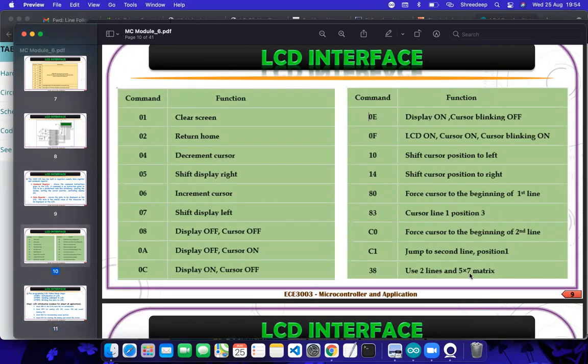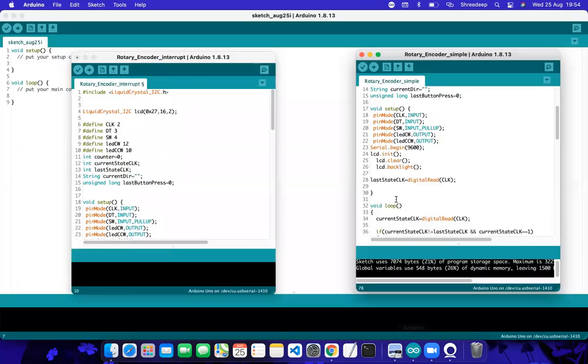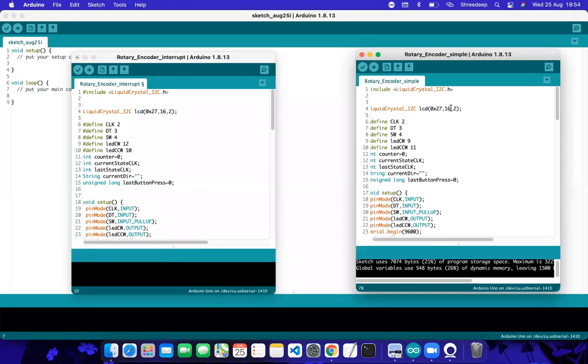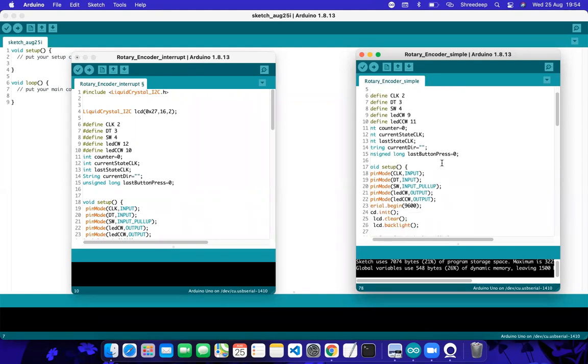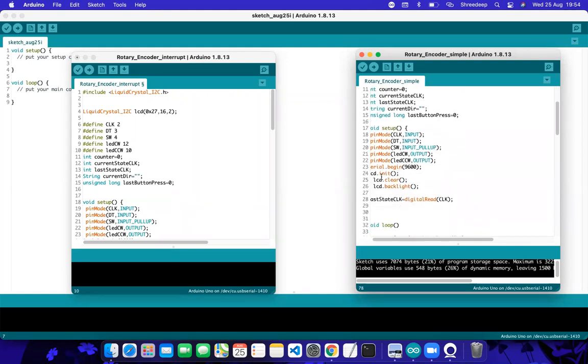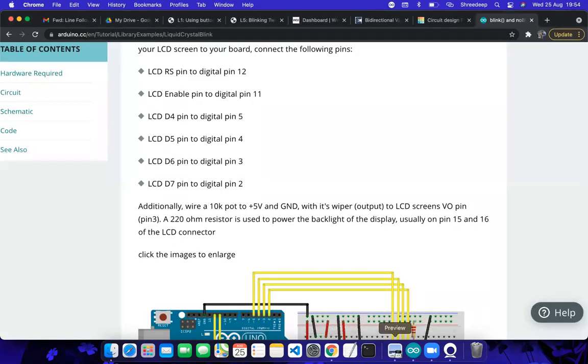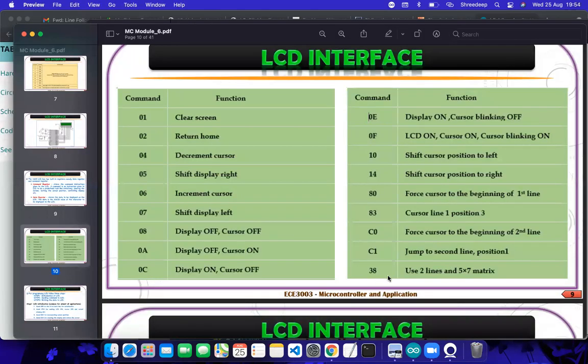So once you declare the LCD as 16x2, it can be 20x4, the first thing it does by sending the initialization signal is to send this signal 38, use 2 lines 5x7 matrix. It is different for different LCD models.